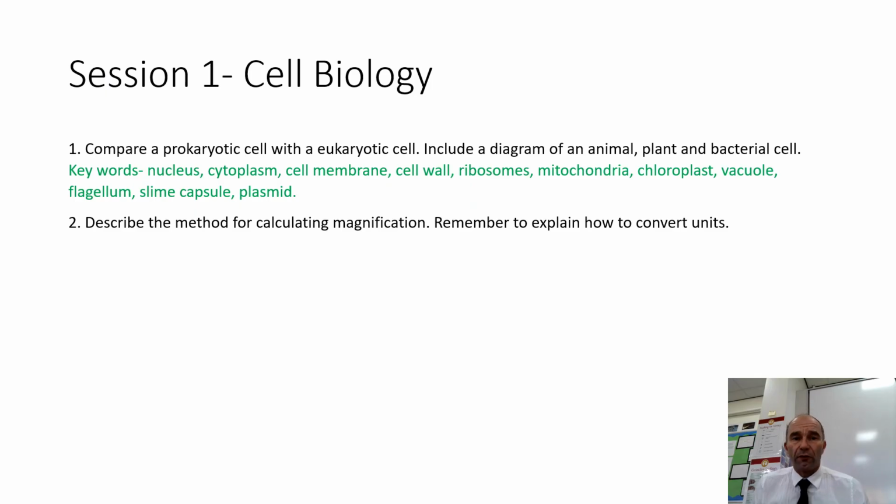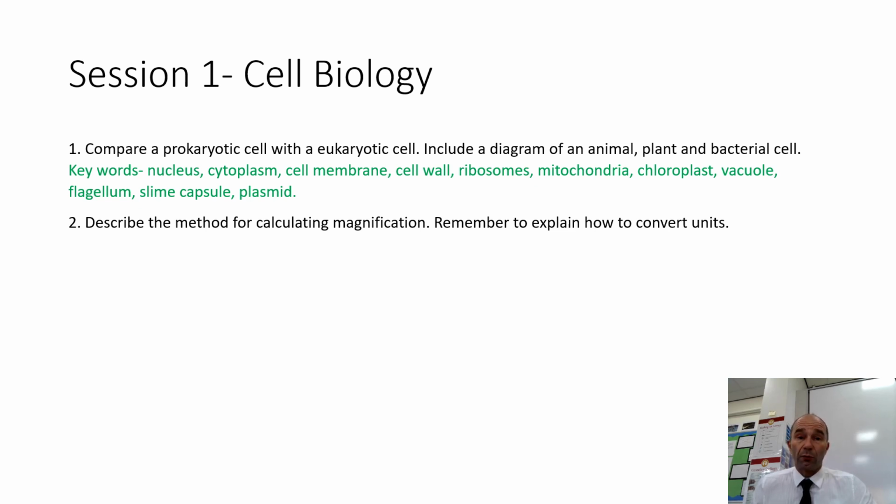So the first session, you've got 5 activities to carry out. The first session is to compare a prokaryotic cell with a eukaryotic cell. Now you also need to include a diagram of an animal, plant, and bacterial cell, and you need to label them fully. Now you've got your keywords, which are nucleus, cytoplasm, cell membrane, cell wall, ribosomes, mitochondria, chloroplast, vacuole, flagellum,